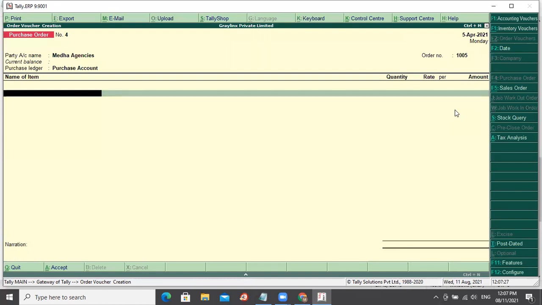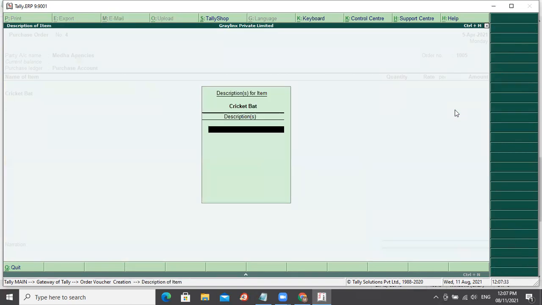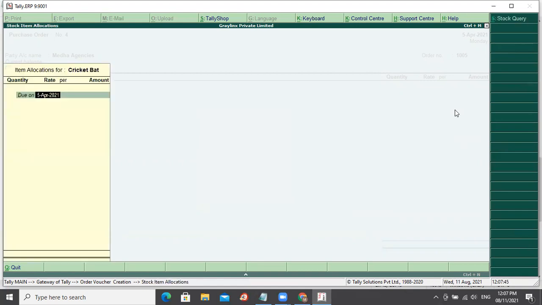Okay, now I'm placing cricket bat. So 3-inch thickness with 3 feet length. I have multiple delivery schedules now. For example, by 7th of April, I need 10 numbers at 900 rupees.